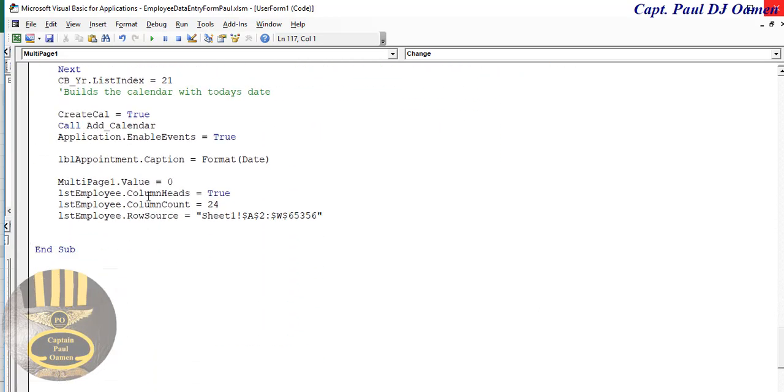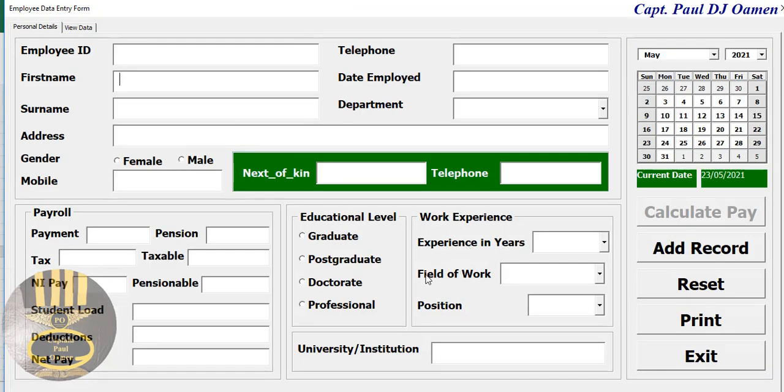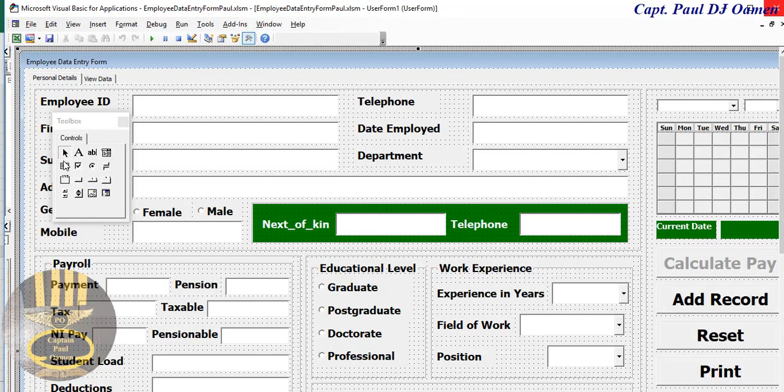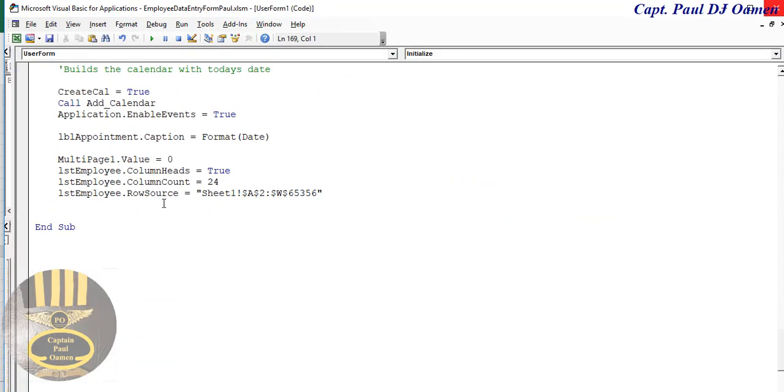Now, my field work, this very one, there's nothing here, there's nothing here, and here. So let's take care of those three. There's something here now. So those three we include as follows. Double click there, form initialize, and come right down here. And we just need to enter CBO field